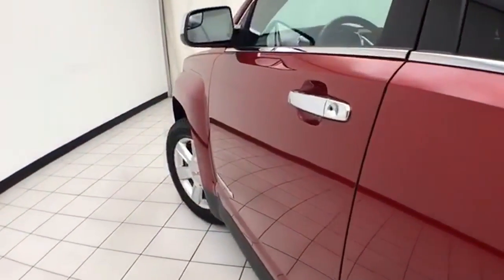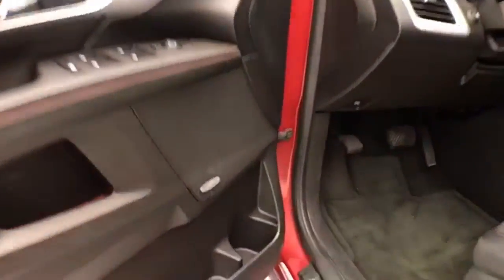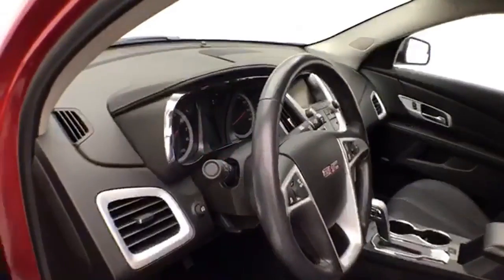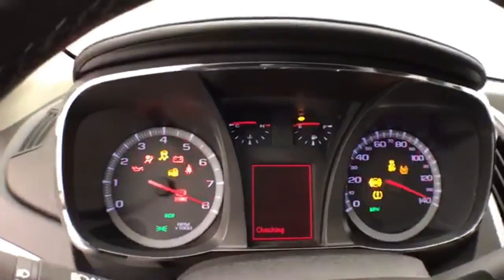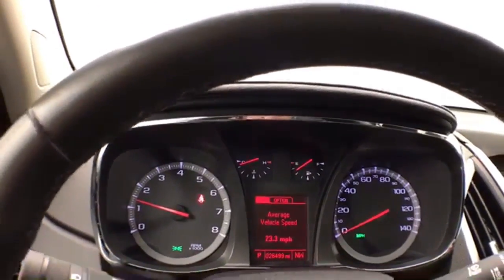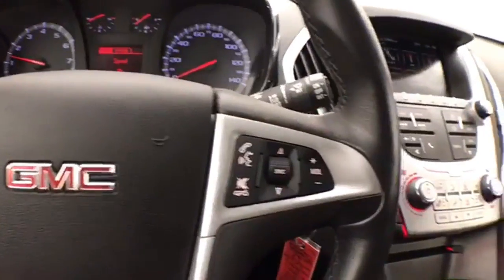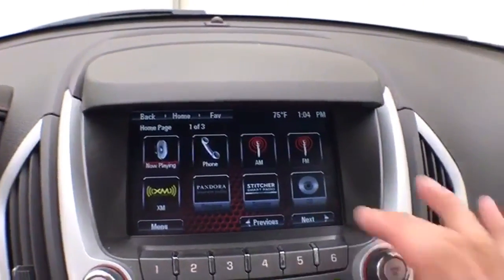This SLE has keyless entry with remote start, power windows, locks, mirrors, upgraded Pioneer sound system, power driver's seat, along with a tilt and telescopic steering wheel to put you in that perfect driving position. Gauges, only 26,000 miles, with driver information system, cruise control, steering wheel mounted audio controls, large touchscreen infotainment system